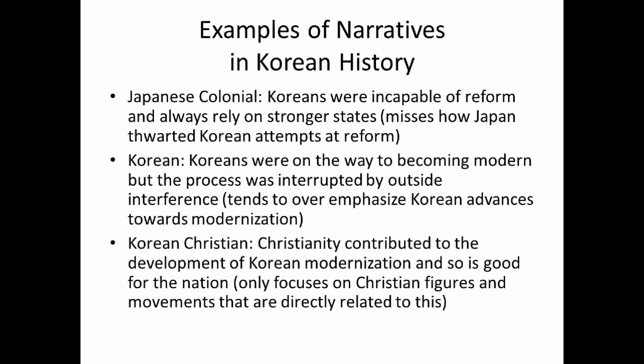Japan could have done things very differently in Korea and helped Korea and helped themselves. But instead, they followed this policy of colonizing Korea, treating the Koreans very badly. That eventually leads to World War II and the destruction of much of Japan and many Japanese people. Koreans reacted to this by arguing we were on the way to becoming modern, but the process was interrupted by outside interference, i.e. the Japanese and other imperialist powers.